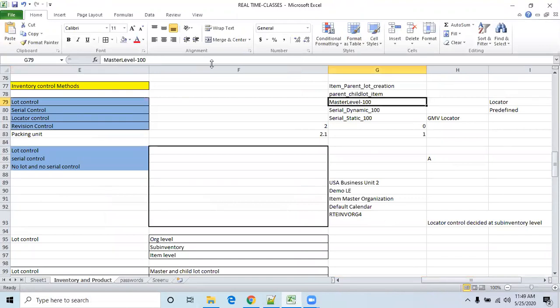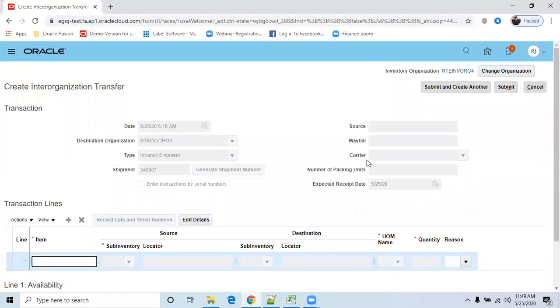Yeah, master level item. Why I'm selecting a specific item is because this item is present in both organizations. Whenever you want to do an inter-organization transfer, the item you are transferring has to be present in both organizations. Then only the system will allow the inter-organization transfer, else it won't allow.